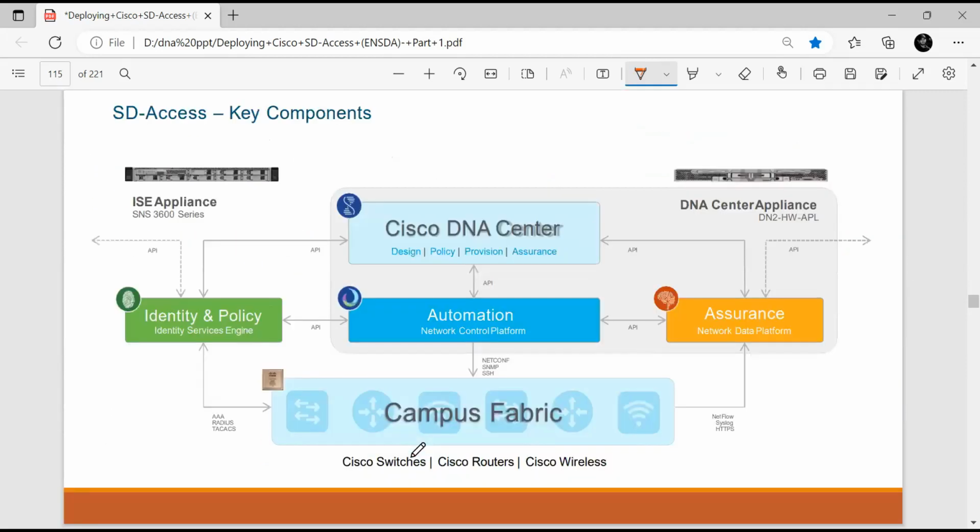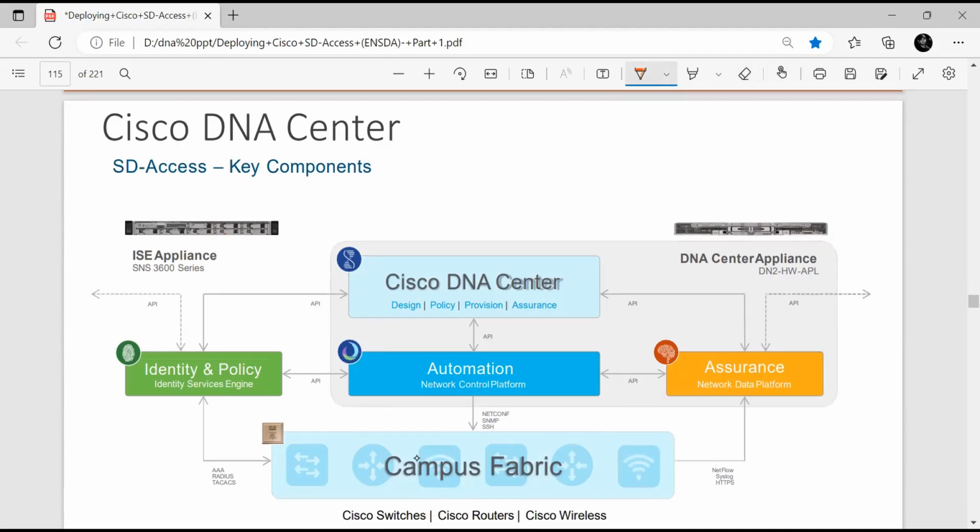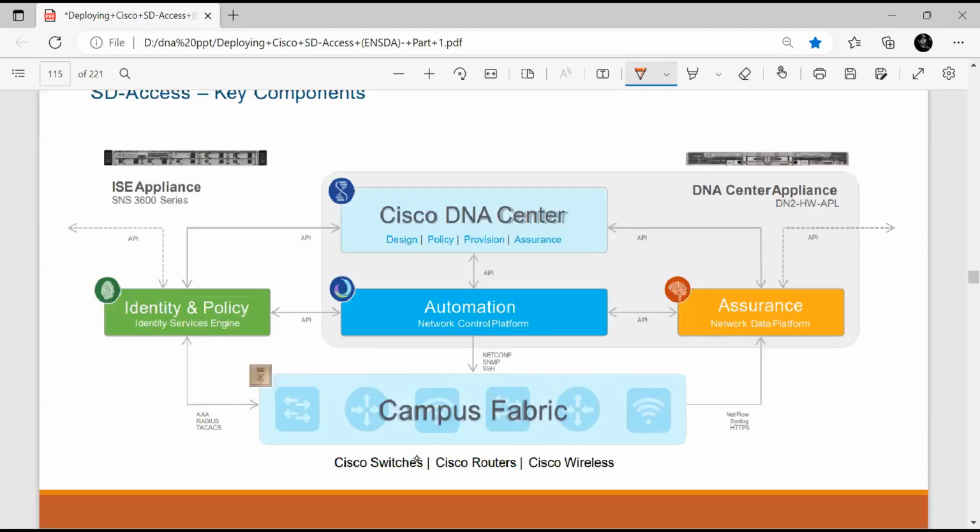Now, SDX's key components. ICE, on the other side, is not a component of DNA Center itself. But ICE is a component of SDX's fabric. We can say that. ICE is not a component of DNA Center, but yes, ICE is a component of SD-Access fabric. But if we talk about Cisco DNA Center itself,